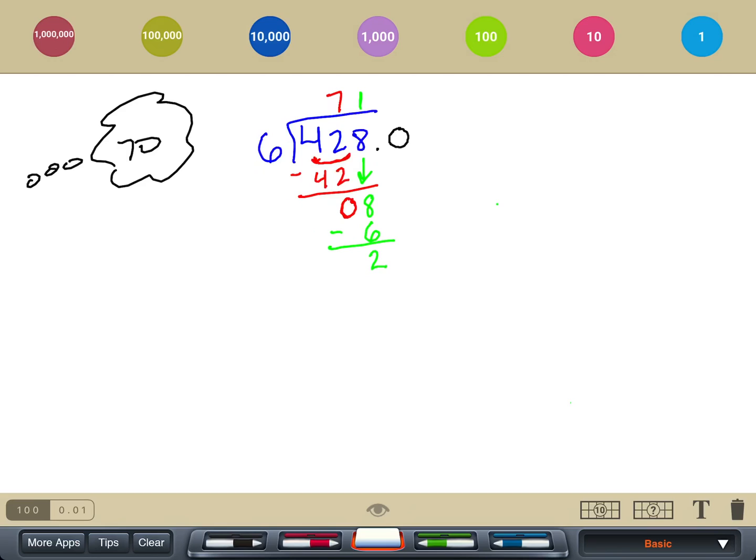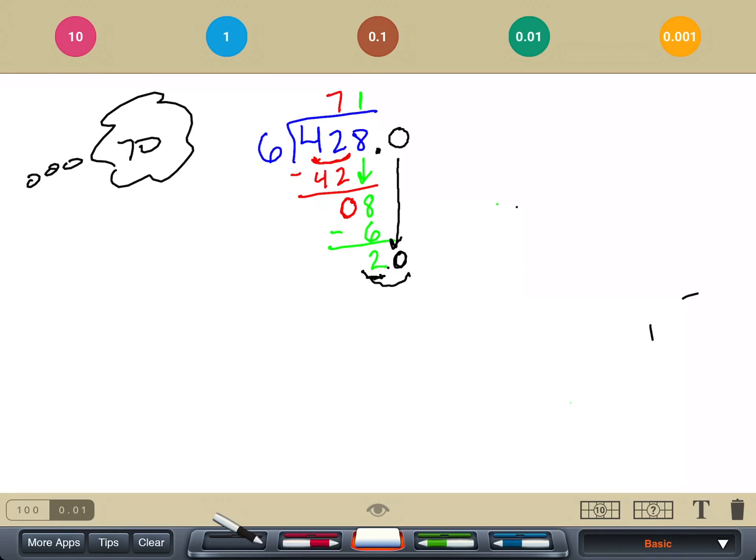This hasn't changed the fact that we're still doing 428. We're just showing that we understand that when we add a decimal point and a 0, it doesn't change the value of the number, but it does help us to think about what the remainder is. So instead of thinking about this as just 2 ones, we can now think of this as 20 tenths. If I had 20 tenths, so 20 of these guys, and I divided them into 6 groups, I